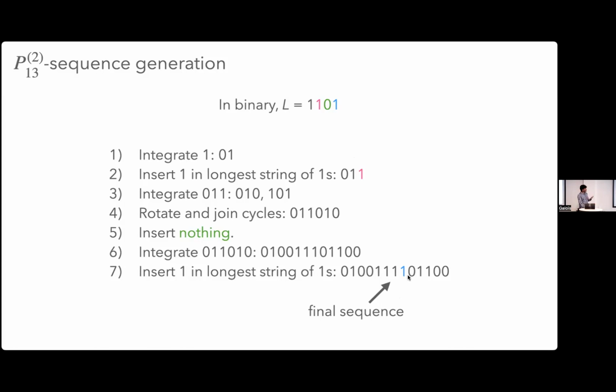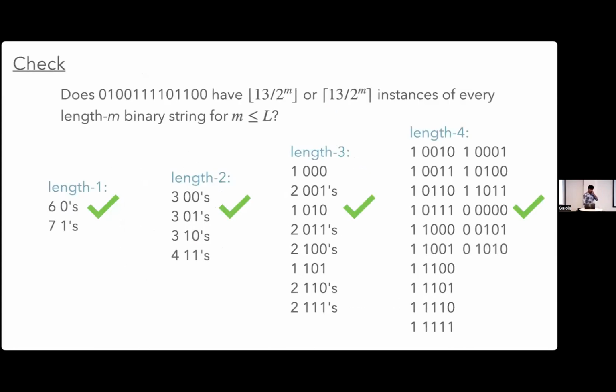And now this is a length 13 sequence. It's a P2L sequence, and you can verify it is, because it should have floor of 13 over 2 to the m instances of every length m binary string, or ceiling of 13 over 2 to the m instances of every length m binary string, one or the other. So there are 6 or 7 length m strings,